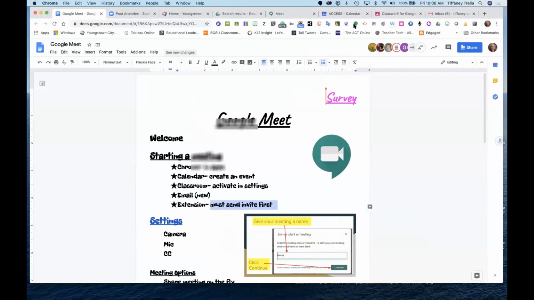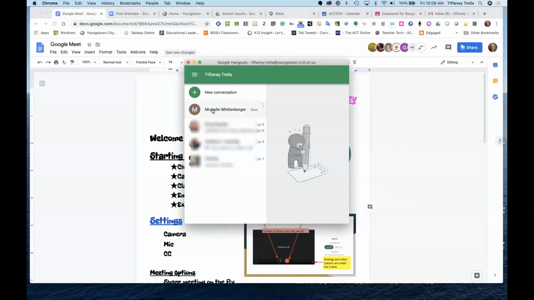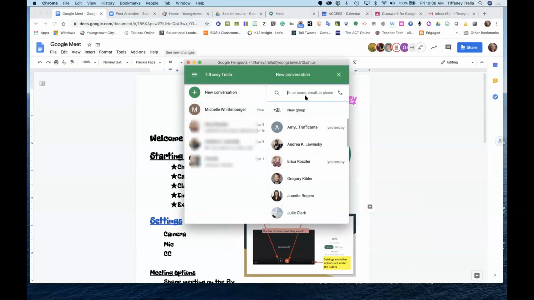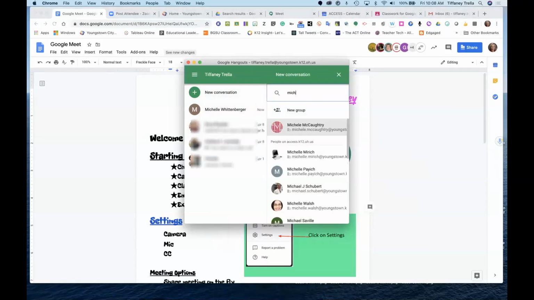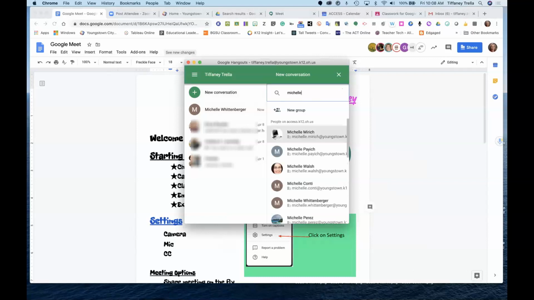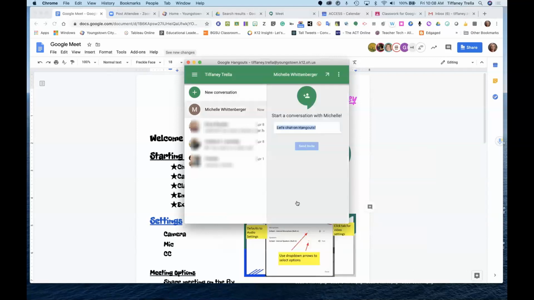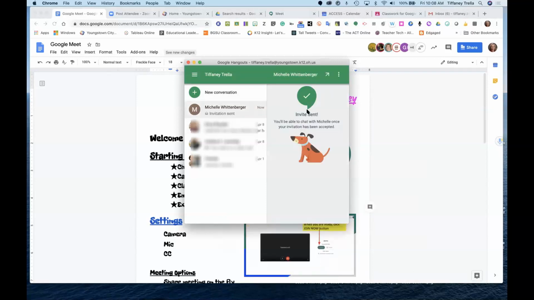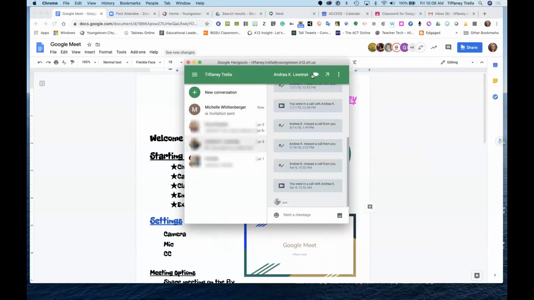There we go. So when I open this up, you can see I typed in Michelle's name when I hit new conversation. Oh, where was she at? There she is. It says to her, you have to send her an invitation first. So once I send her an invitation and she accepts, I will get something that looks like a video chat or a text chat. So you can actually have conversations with people